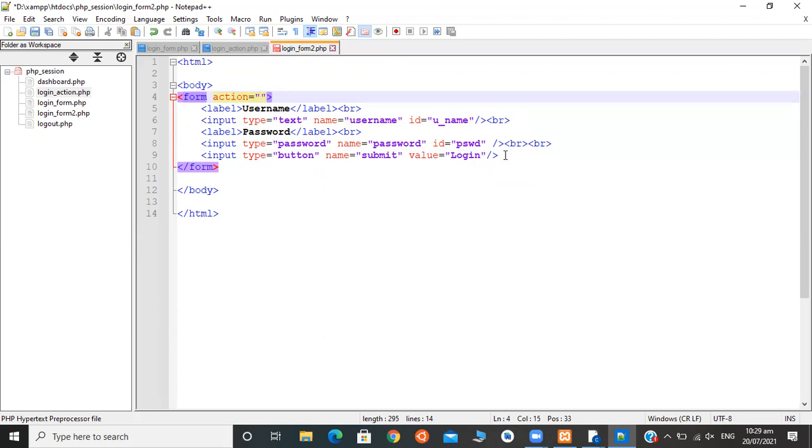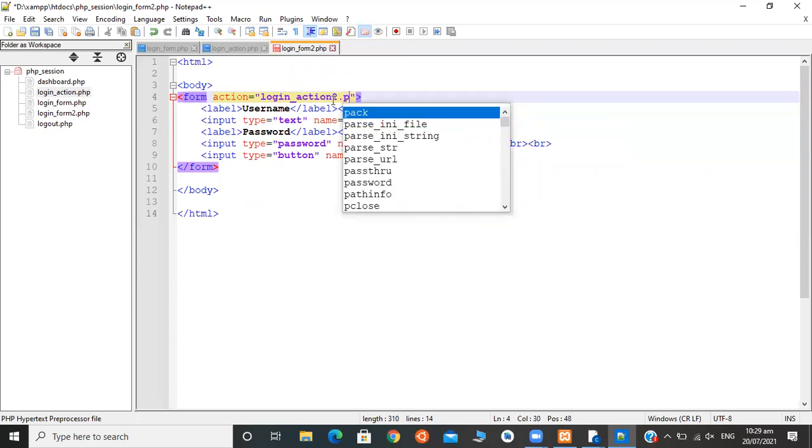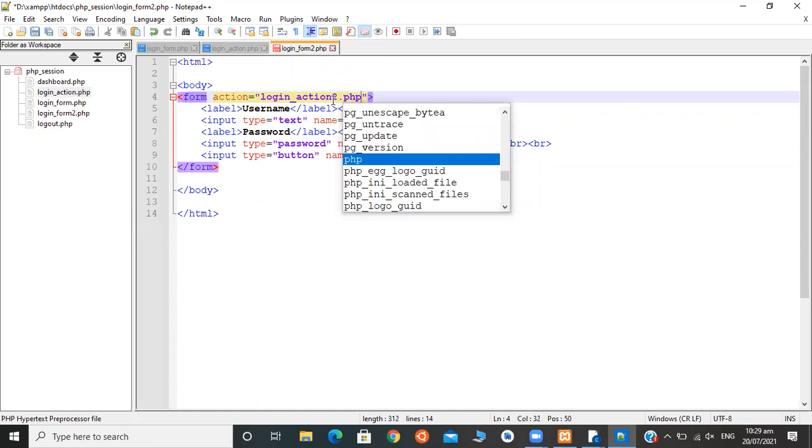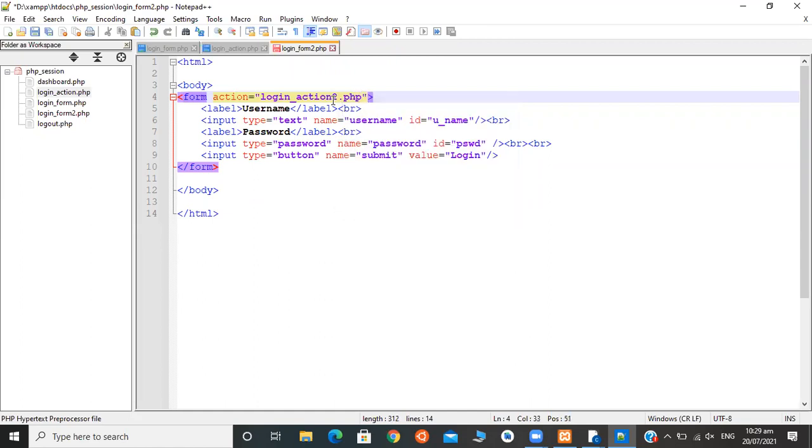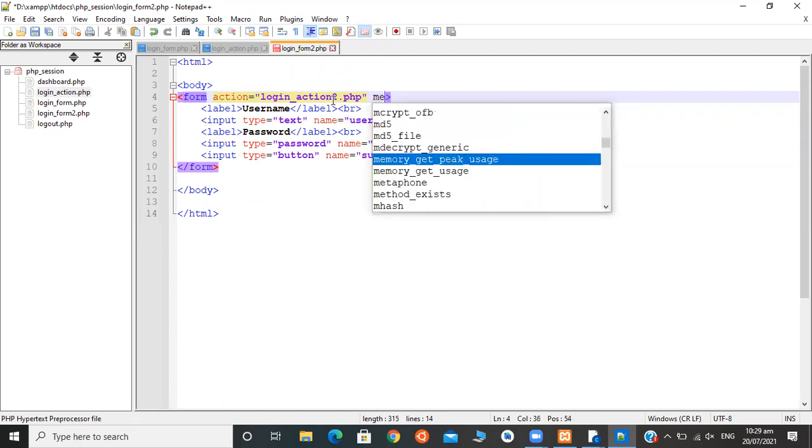Okay. So we need to create one page login action. Let's say login action. Actually I already have login action, but I'm giving the action to .php. Okay. Then method is another attribute.